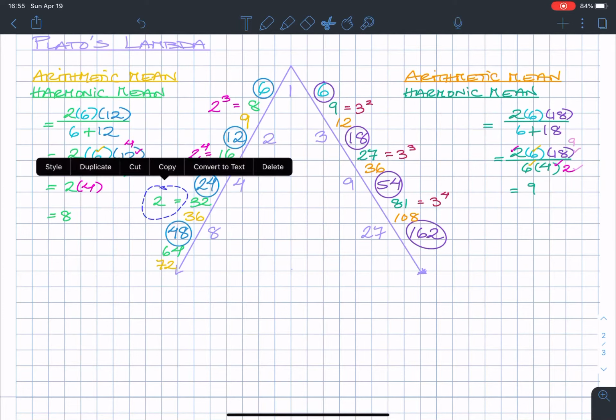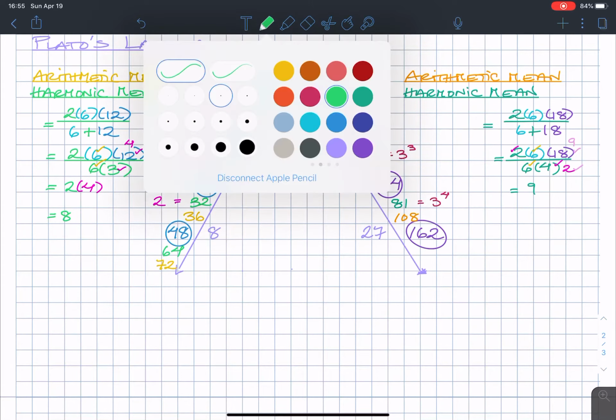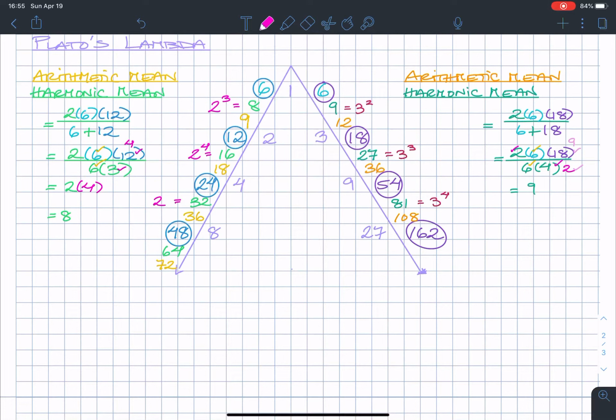So the harmonic means are powers of 2 and 3 on either side. Okay, so this I guess would be 2 to the 6th. And it is indeed. Okay, so now what did I say about